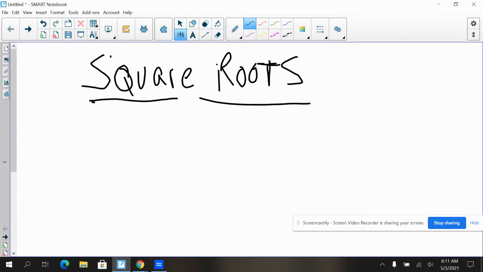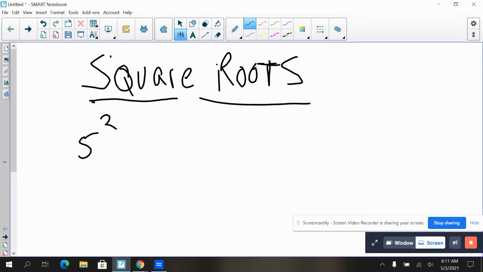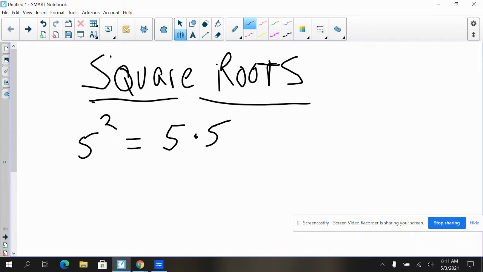Okay, square roots are the opposite of squares, right? And we've done squares already, right? So if we would say 5 squared, what does that look like? That looks like 5 times 5, right? Okay. Square roots are just the opposite,